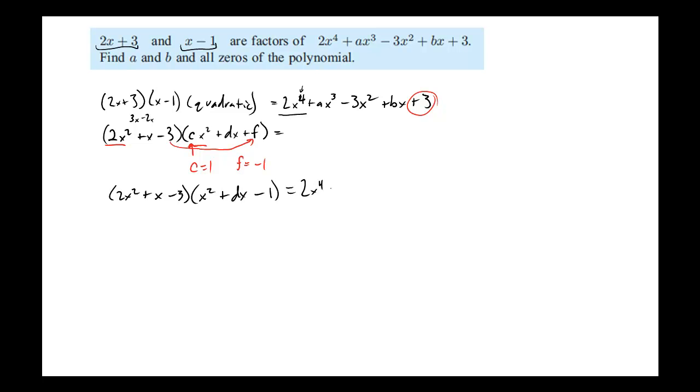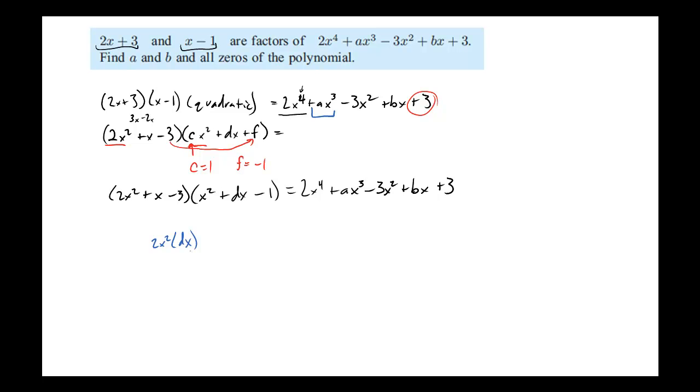And I'm going to go ahead and write it out again because at this point I'm going to start trying to put some pieces together other than what we've already got. Okay, so at this point I'm going to look at each of the coefficients, which is essentially what I was doing before. I was just looking at how do I get the 2x to the fourth, how do I get the 3? Well, now let's look at the other ones. How do I get this ax cubed? Well, the ax cubed is going to have to come from a squared times an x. So for example, 2x squared times dx